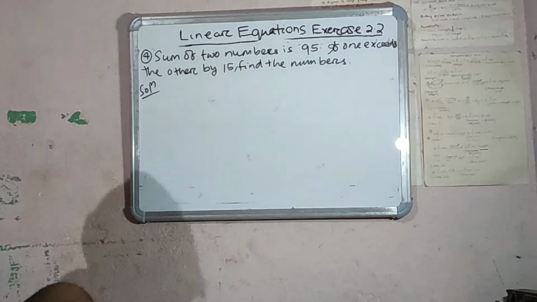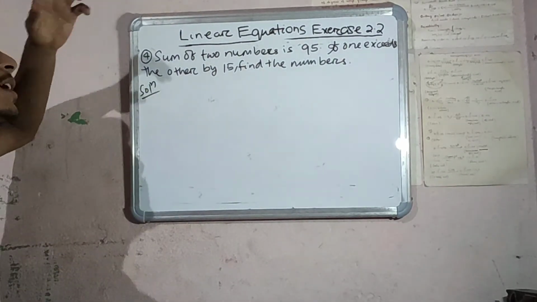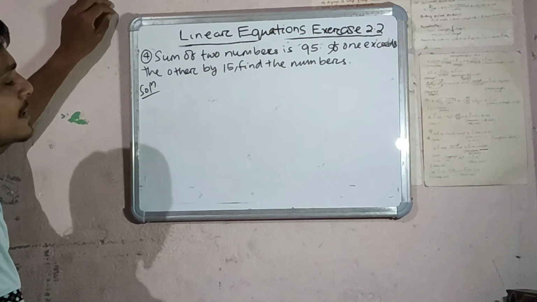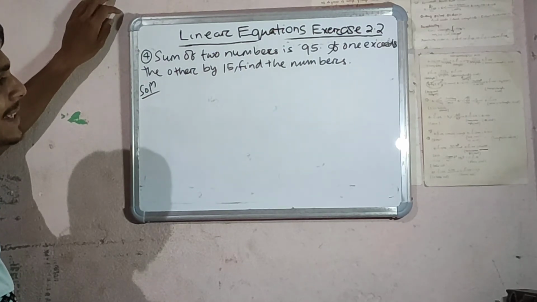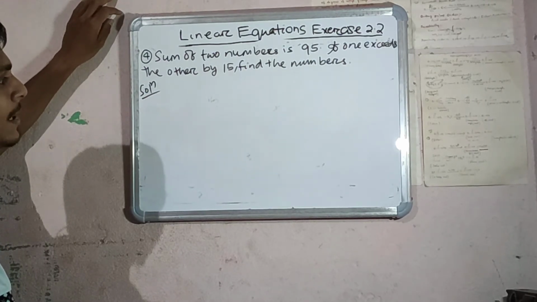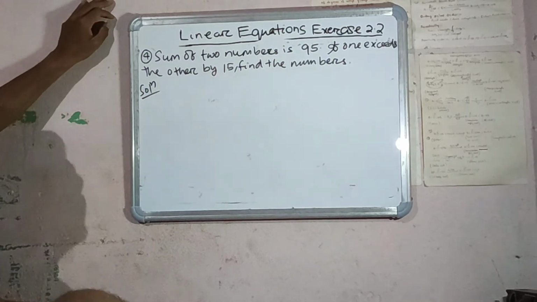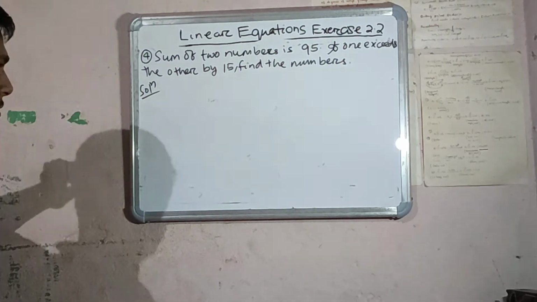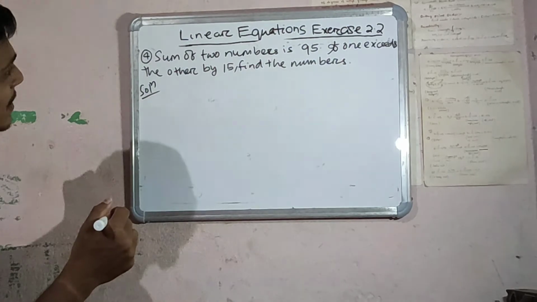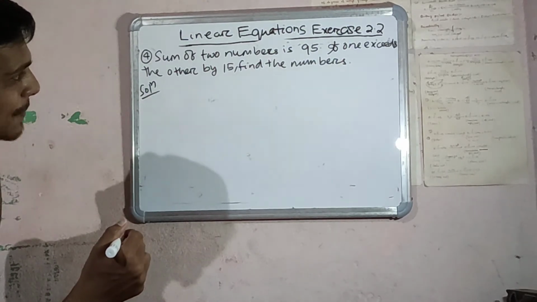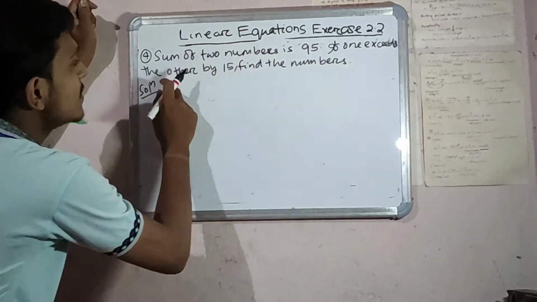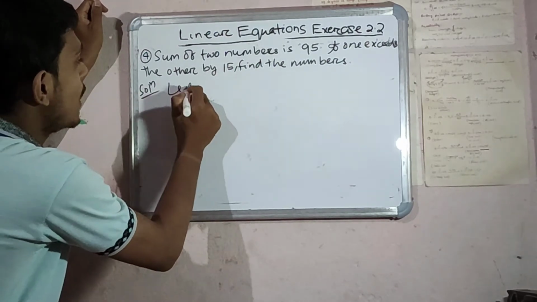So next problem is question number 4. Sum of two numbers is 95. If one exceeds the other by 15, find the numbers. We have to find the two numbers. It is given that the sum of two numbers is 95. If one exceeds the other by 15, let one number be